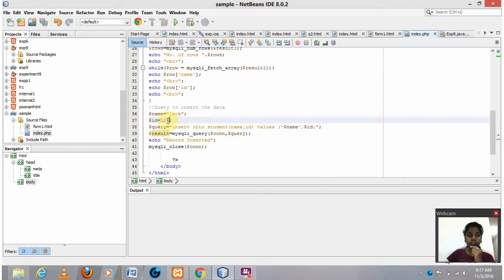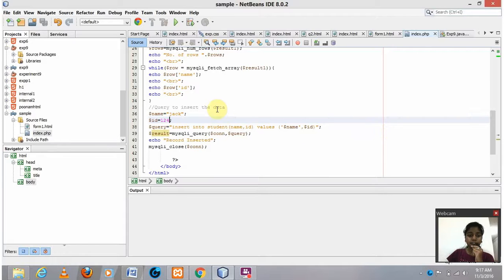Values I've given $name, $ID, Jack and 124, and then $result is equals to mysqli_query which is to be executed, and the connection is to be done with this query, and at the end record inserted, and after doing all works, after all connectivity works, then for closing the connection, mysqli_close and the connection which is to be closed. So as you saw, the database connectivity using